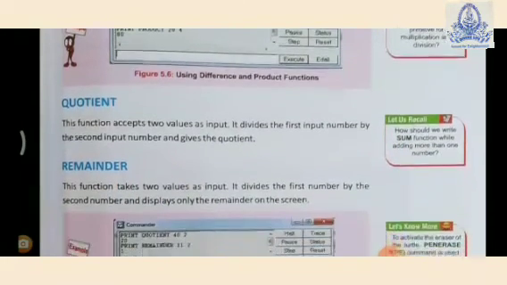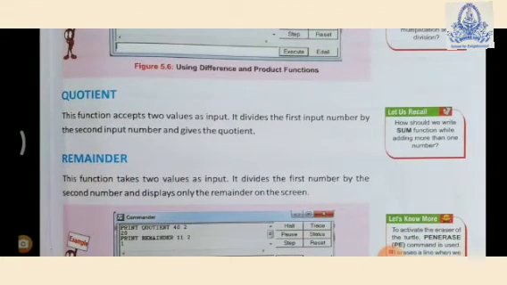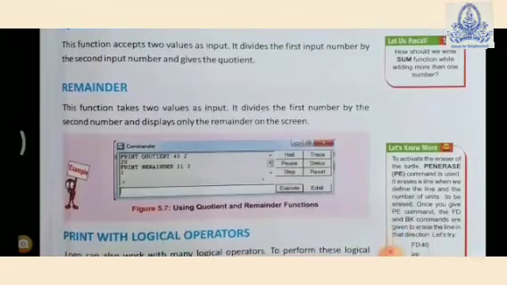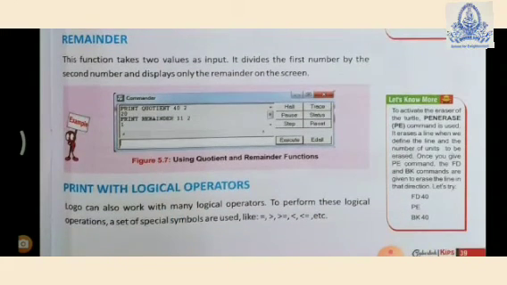Okay, quotient, the function accepts two values as input. It divides the first input number by the second input number and gives the quotient. Remainder or quotient, sum, everything gives the output. Remainder, whenever we are dividing some number, we are getting some remainder also.